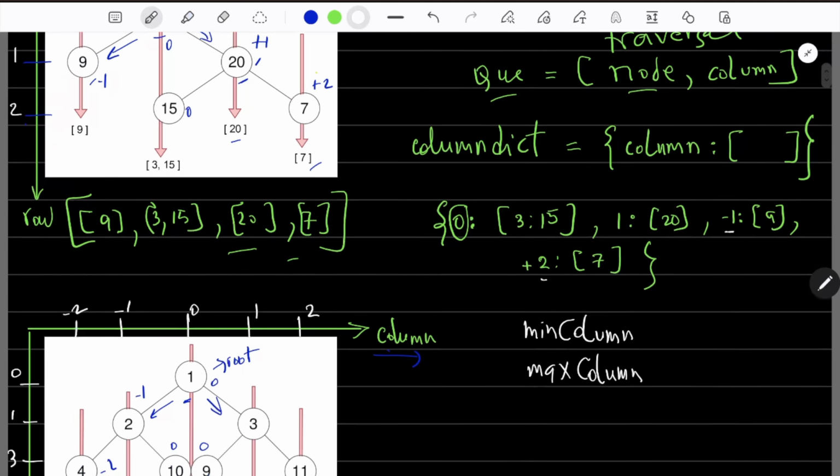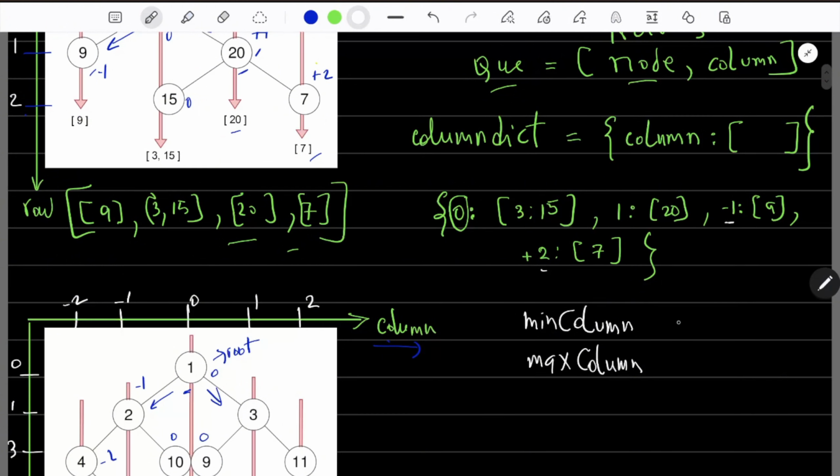Because we need these two numbers, minimum column and maximum column. What's the leftmost here? What's the minimum column? What's the maximum column, right? The minimum column in this case is -1, and the maximum column is going to be 2. So all we need to do, in the very end, is return the dictionary,